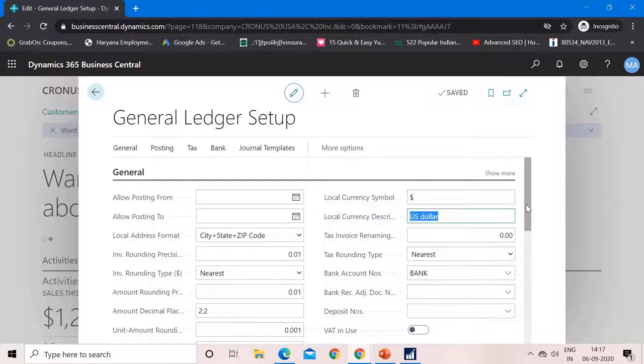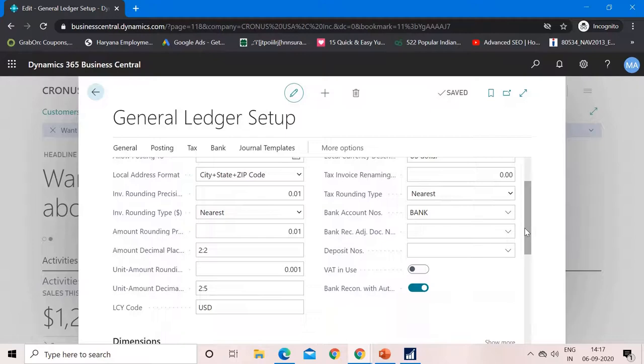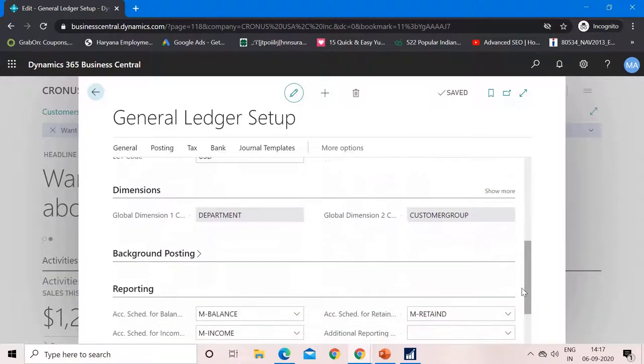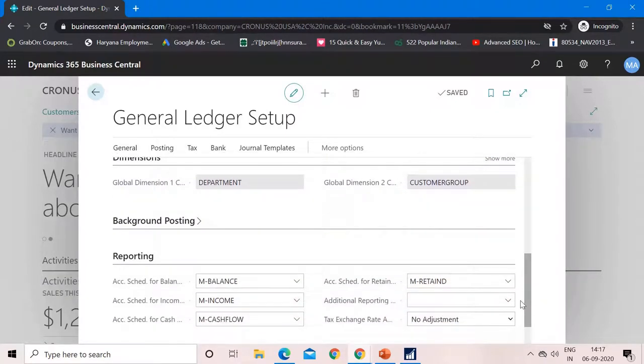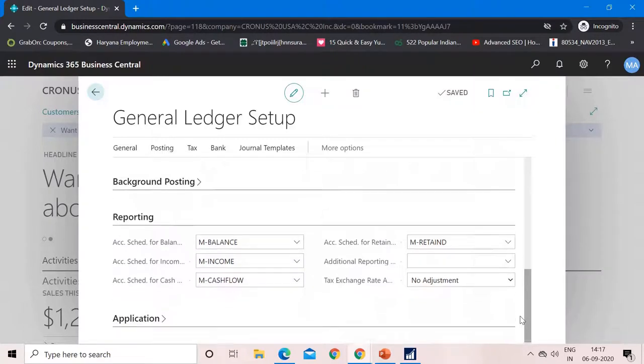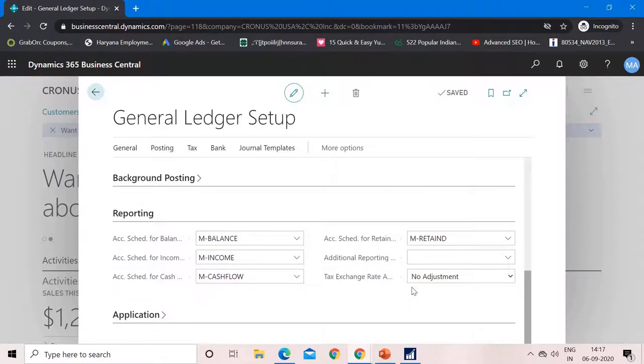But because they want to see their business results in an additional currency, at least in report form, the system provides us the flexibility to add one additional currency through which we can see our business numbers in different currencies also.